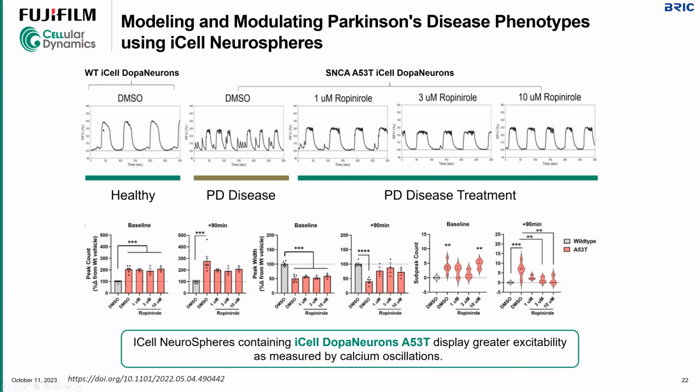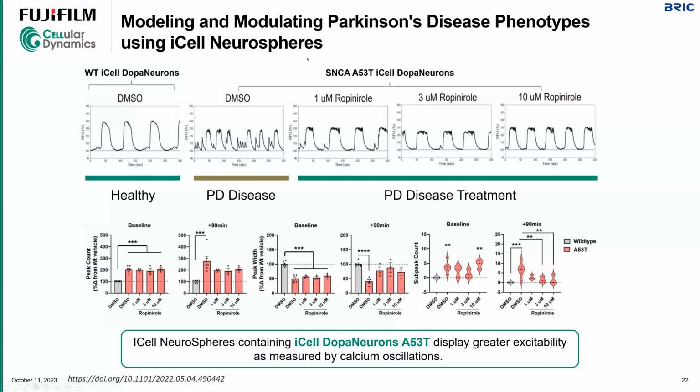Upon treating these neurospheres with DMSO, the cells have a really nice, healthy pattern of calcium oscillations. But if you substitute those healthy dopaneurons with our Parkinson dopaneurons, with a simple point mutation,